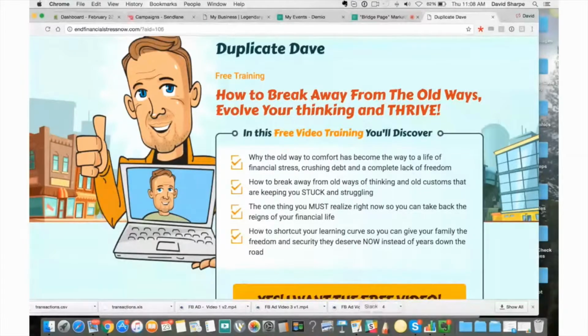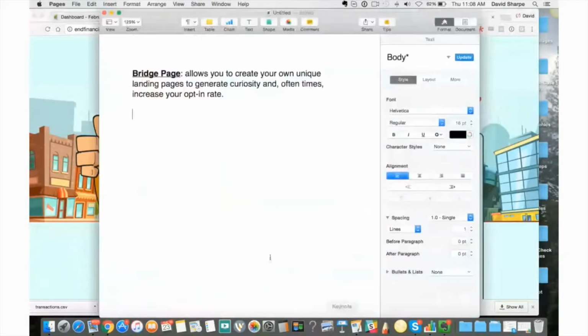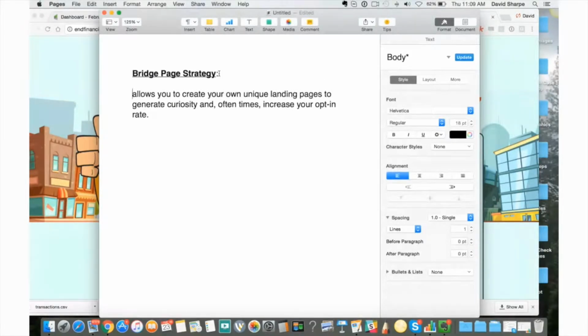However, if you're somebody who wants to take the bull by the horns and create your own landing page, the bridge page strategy, really it's a strategy, allows you to create your own unique landing page to generate curiosity and oftentimes increase your own opt-in rate. Let me put it as the two things that it does. The number one thing is what I just read. The number two thing that it does is